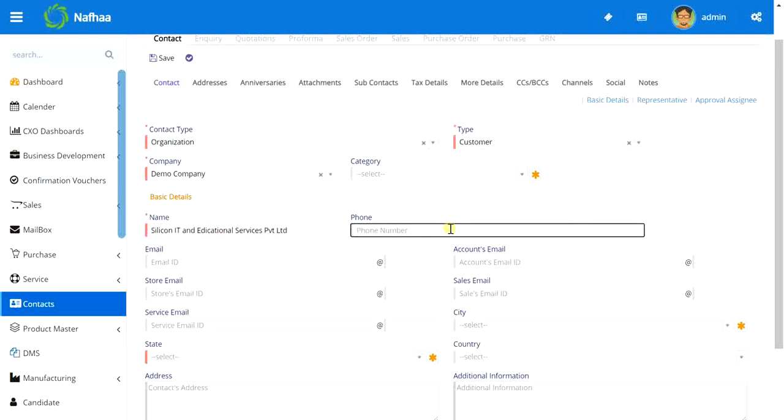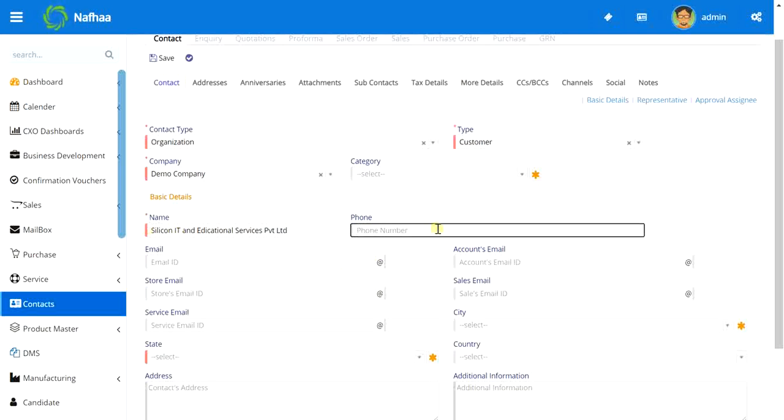Phone number. Now phone number and email addresses are optional. How can we identify if the field is optional or compulsory? There's a basic difference. See, the compulsory fields are marked with the red color here, and the optional fields will be marked with the gray color. Okay, or you can say no color. So the red ones are compulsory.